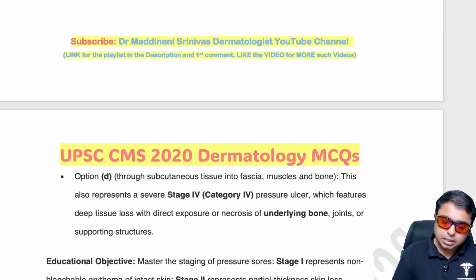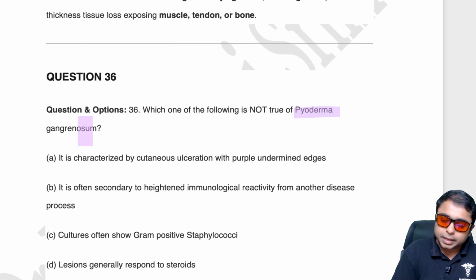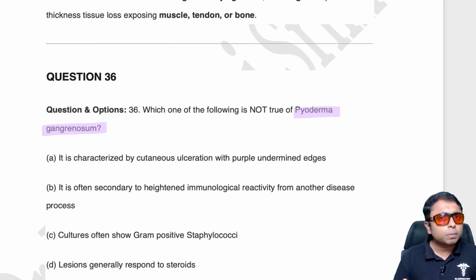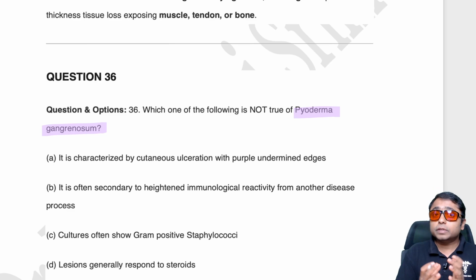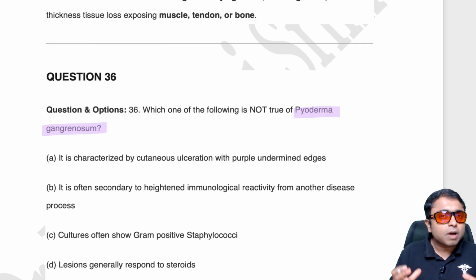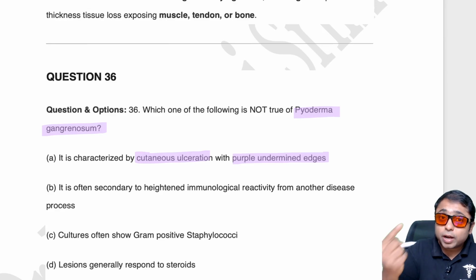Right. Next MCQ says, which of the following is not true of pyoderma gangrenosum? Please remember, dear students, this disease is actually a misnomer. Pyoderma gangrenosum is not a bacterial infection of the skin. It is a neutrophilic dermatosis of the skin, in which patients are going to have rapidly progressive, very painful ulcers over the extremities, and these ulcers are going to have undermined edges, and at the margins you can see violaceous